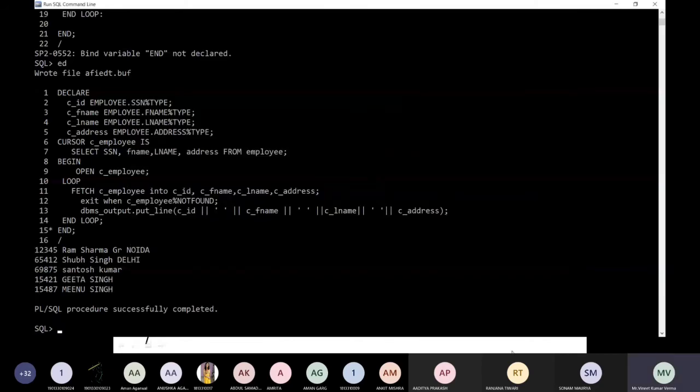And see, this is a very important topic, cursor. So this question must be asked: what is the difference between the implicit cursor and explicit cursor? ठीक है, 2 marks. And one more, what are the different kinds of attributes associated with the cursor, right? Or how to use the explicit cursor? Explicit cursor के ऊपर आपको डिटेल देना है। ये क्वेश्चन लॉन्ग क्वेश्चन आंसर में भी पूछा गया हुआ है।